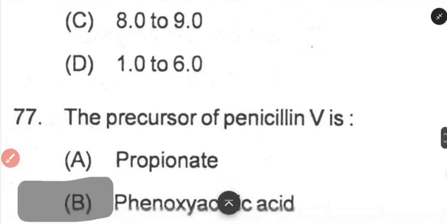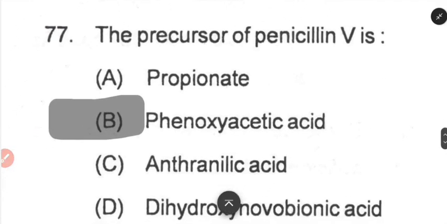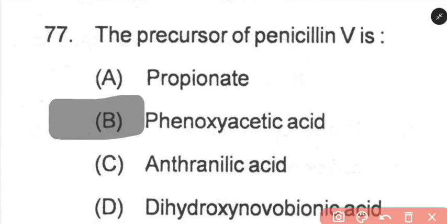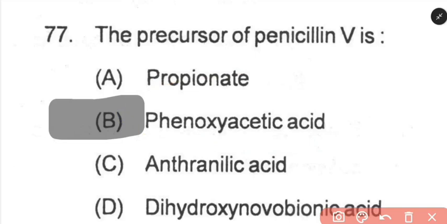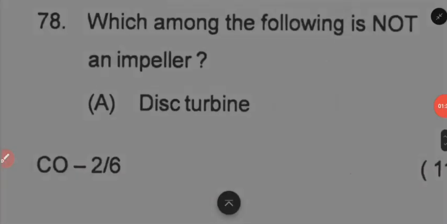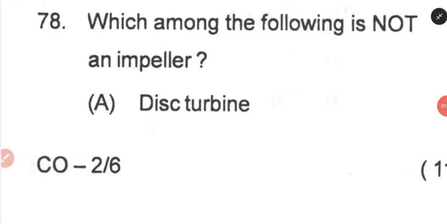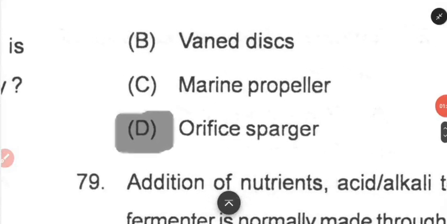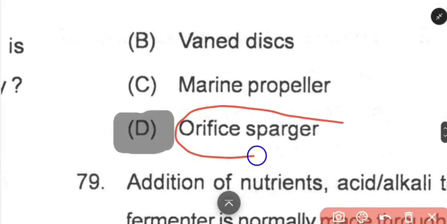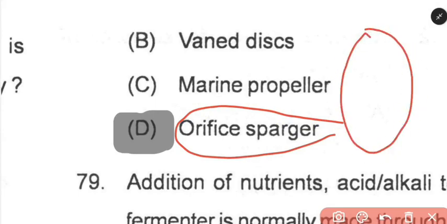Next question. The precursor for penicillin V is what? Phenoxyacetic acid is the precursor of penicillin V. Which of the following is not an impeller? Orifice sparger. Orifice sparger is not an impeller in a fermenter, because this orifice sparger is used to